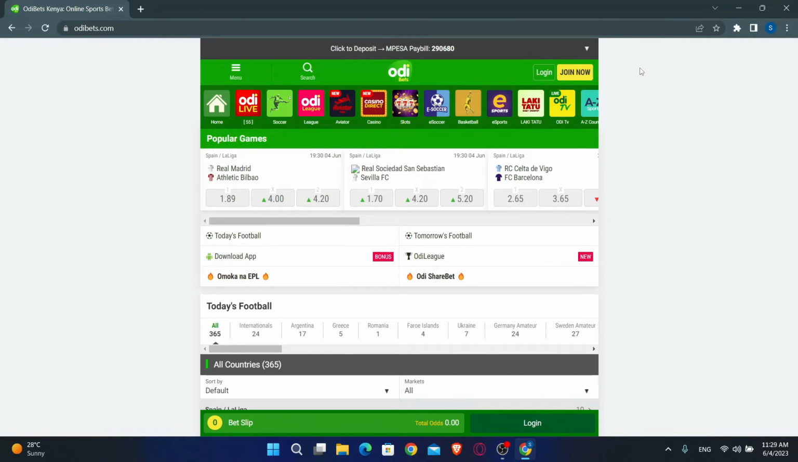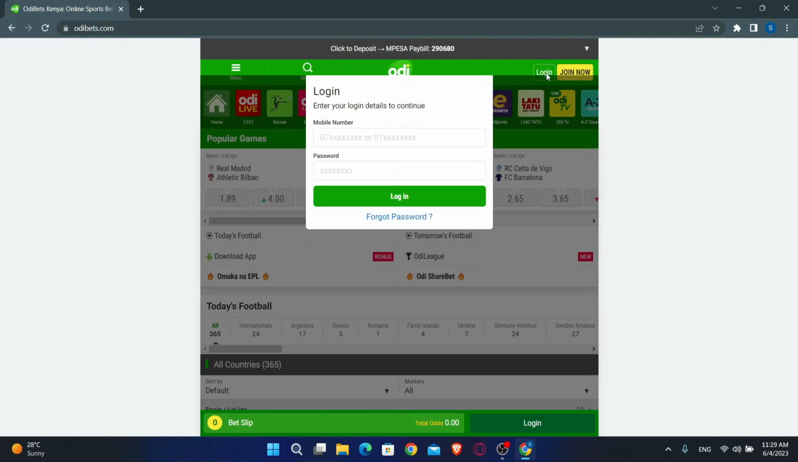Now if you don't have an account yet, you can click on the Join Now button at the top right corner. And in order to log in, just click on the Login button alongside it. Now you will be asked to enter your phone number and your password. So just go ahead and enter your phone number followed by your password. Then just click on the Login button and you will be logged into your account on